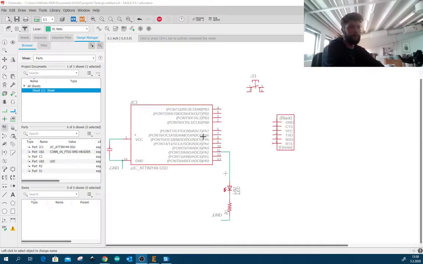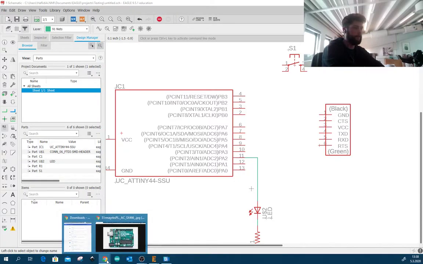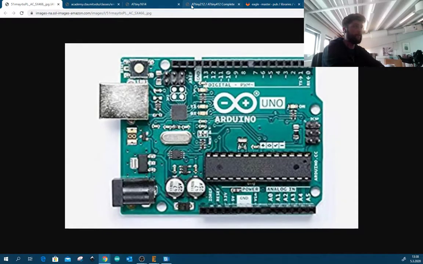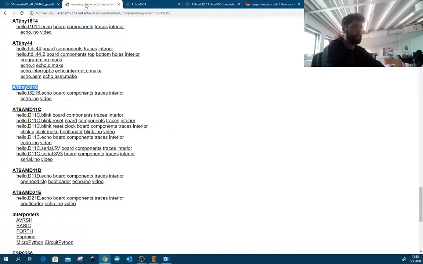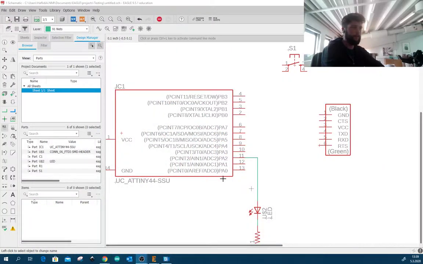Now we want to connect the FTDI cable over here, and I can never have this memorized, so it's nice for me just to be able to go to the board here, find the board, and I know that the RX is connected to PB2 and TX is connected to PB3. So PB2 and PB3. On our board in the eco schematic, we can find